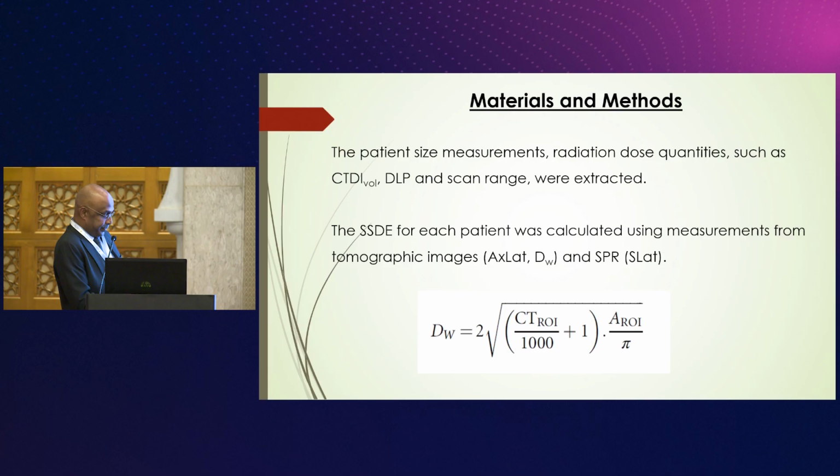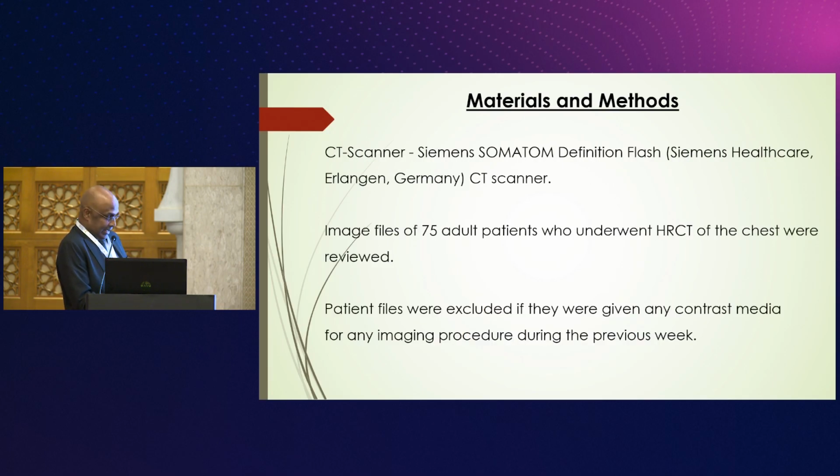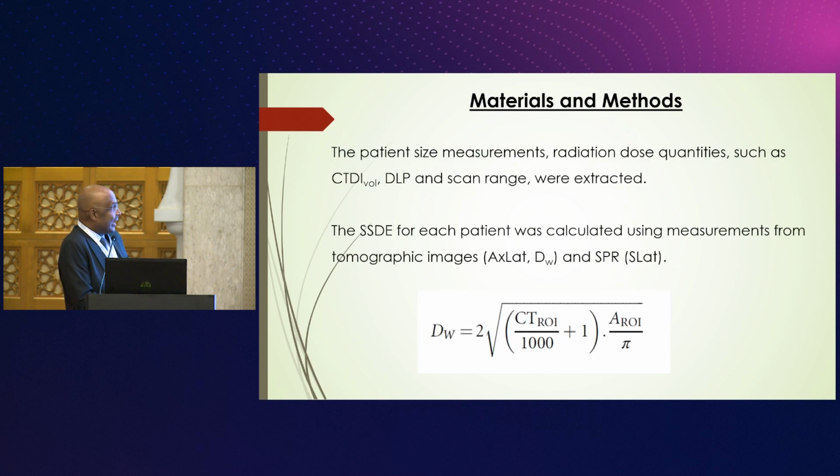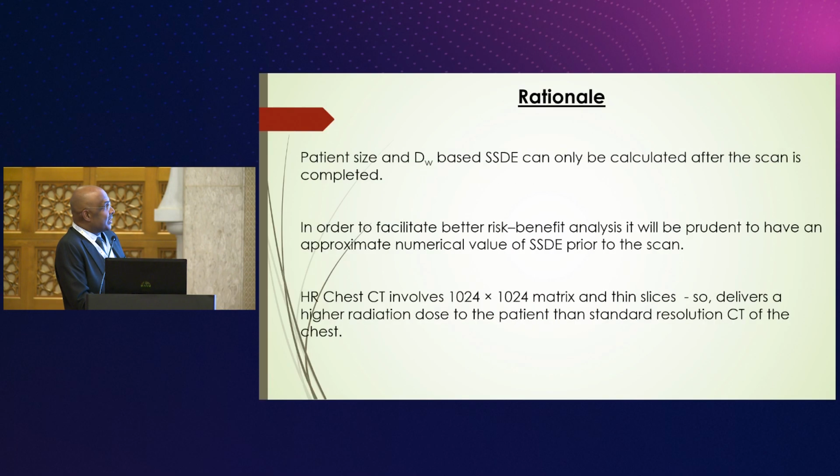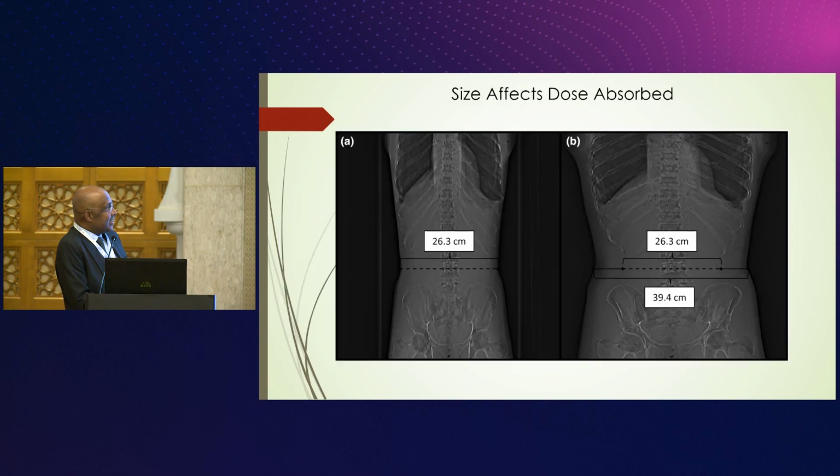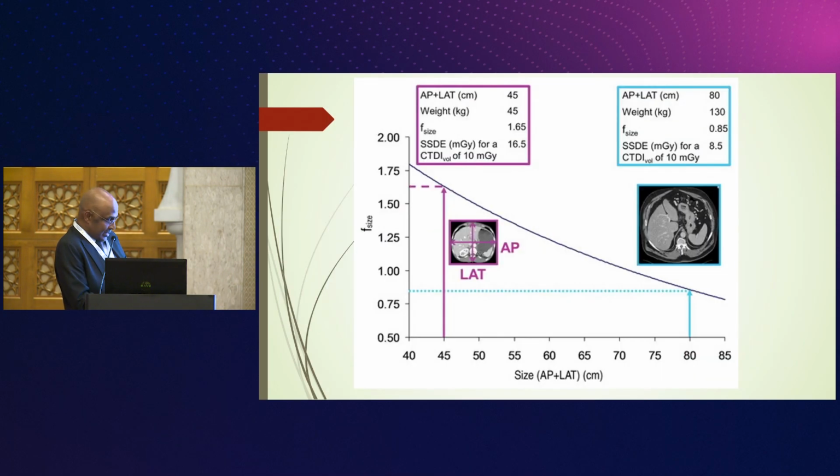So these images were acquired using an AP or PA scout view, and therefore we only had access to the lateral width. So in order to calculate water equivalent diameter, what you have to do is draw a region of interest covering the entire patient's cross-sectional region,